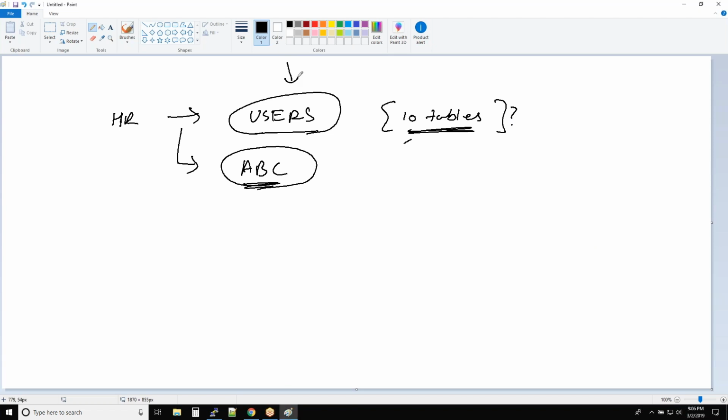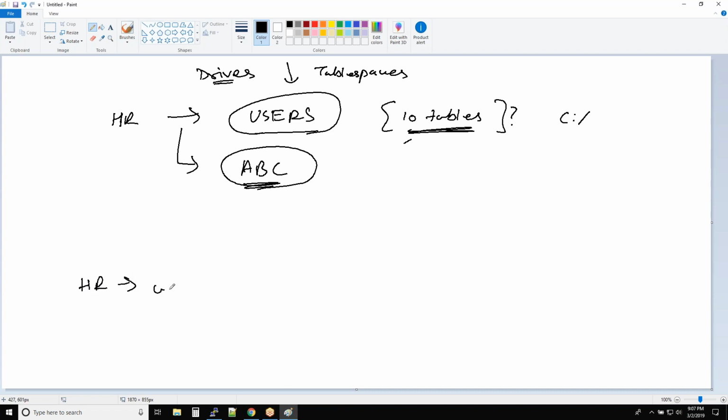Table spaces, these are your table spaces, right? So table space is nothing but it is same as drives. So if you have stored 10 tables or 10 files in your C drive, that means what is the default drive? Okay, let me come to this one. So for a user like